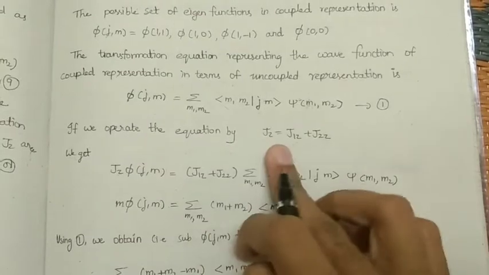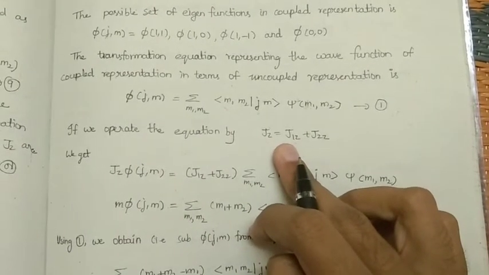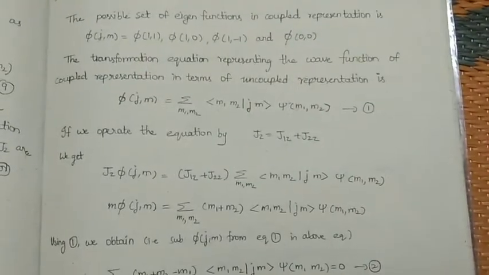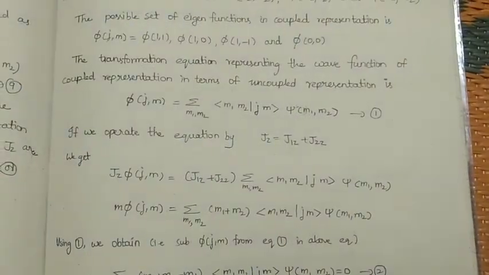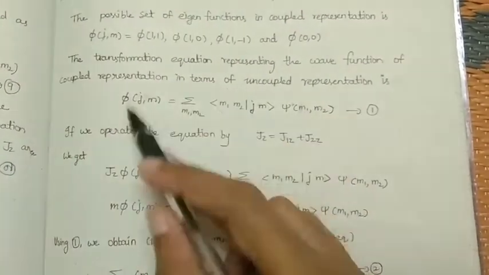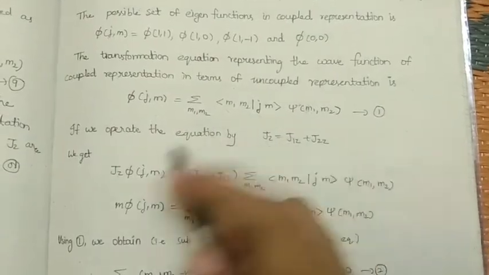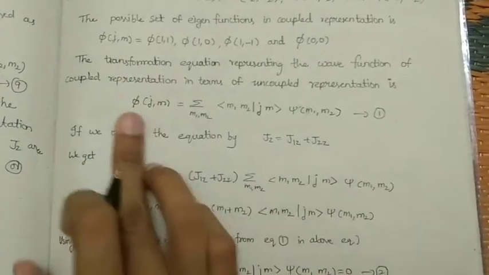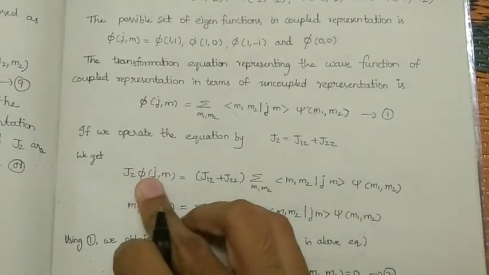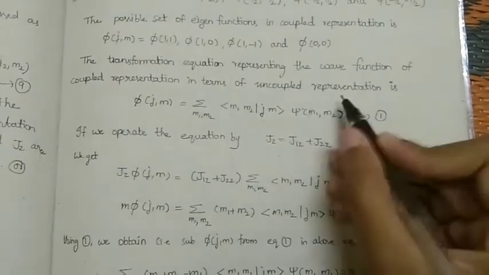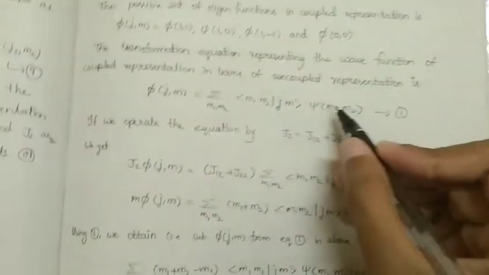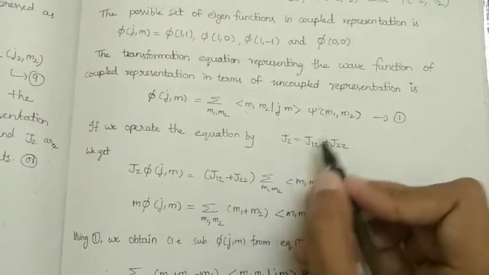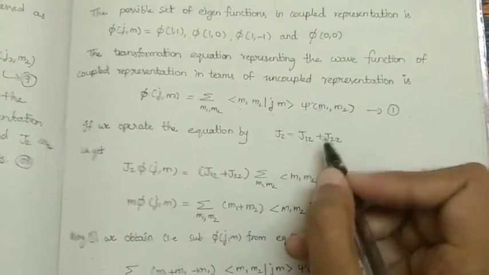So if we operate the equation by jz, as we have two electrons, jz is nothing but j1z plus j2z. So if we operate this entire equation with jz equals j1z plus j2z, we get, operating with jz on both sides. On the left side, jz phi of j comma m, and on the right-hand side we have m1 comma m2 separately, but on the left-hand side we have the combined form j comma m. Since they are separate, we need to separate them. So j1z plus j2z,